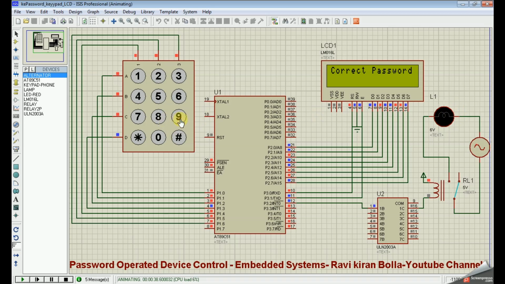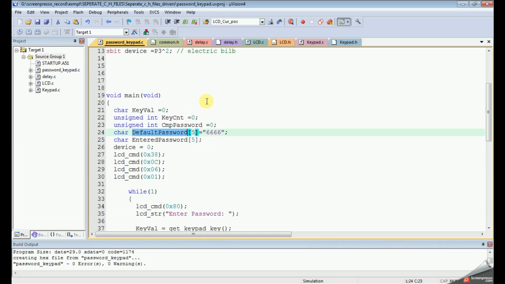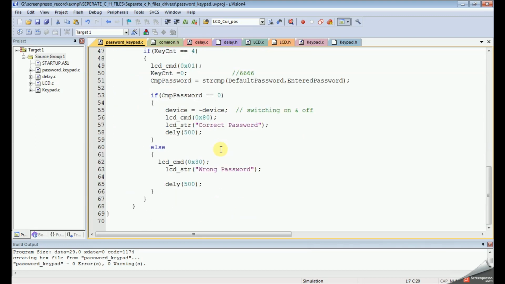If you enter a wrong password, it will tell wrong password. So it is working fine. Now we have learned how to separate different driver files using different .c and .h files.